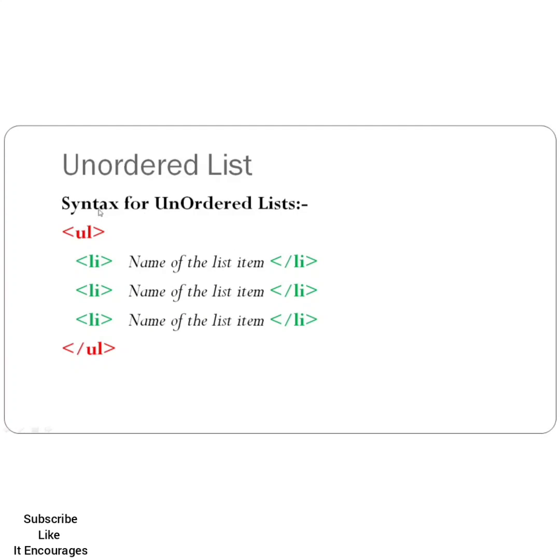The format or the syntax for the unordered list is UL, where U stands for unordered and L stands for list. And whatever data or text or list items have to be displayed in unordered fashion, they have to be enclosed within the opening and the closing of the UL tag. And the line items will be enclosed within the opening and the closing of the LI tag. As we can see here, there are 3 line items. So every line item will have an opening and a closing of the LI tag.